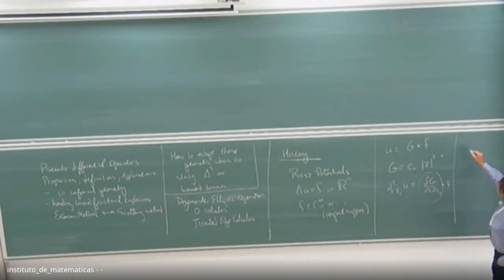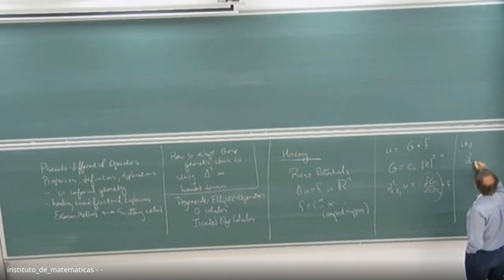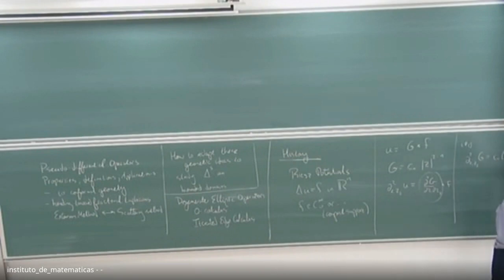Now, look at the case where i is not equal to j. So here's what this thing is. If I take d squared z_i z_j of G, this is going to be this dimensional constant times (2 minus n) times (delta_ij minus z_i z_j over mod z squared) times mod z to the minus n. This is an easy calculation. And when i is not equal to j, the delta term is of course gone. So that's the general formula when i equals j.